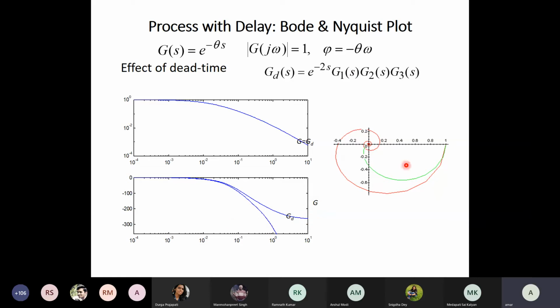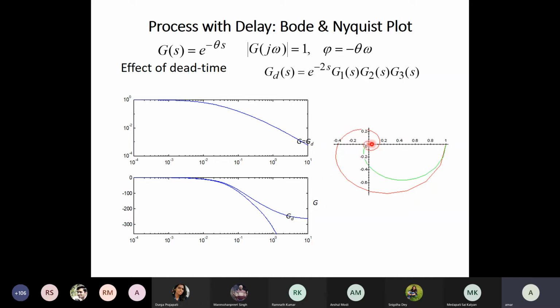That will be reflected in the Nyquist plot. In the Nyquist plot, if I plot only G1s, G2s and G3s, I will get this plot, this inner one. It will meet over here. Whereas if I plot with the delay element, that is the outer one, then what will happen is it